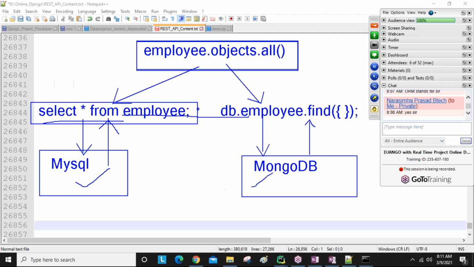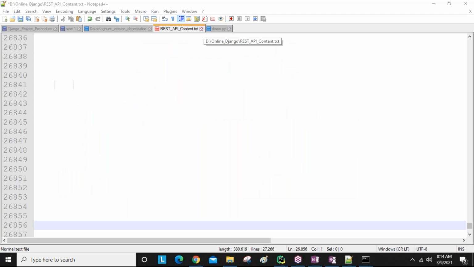Now, there are a lot of ORM queries, guys. Slowly, later we are going to discuss them, so don't worry. As for which database, remember one point, generally from a student point of view: people learning the Java course practice with Oracle. People learning .NET practice with SQL Server. People learning Python practice with MySQL. So here also we are going to work with MySQL and MongoDB also.